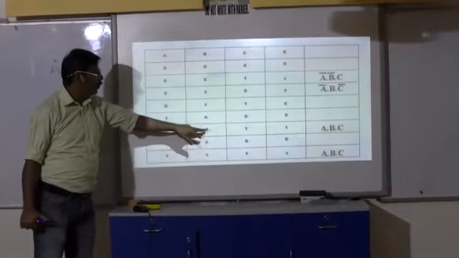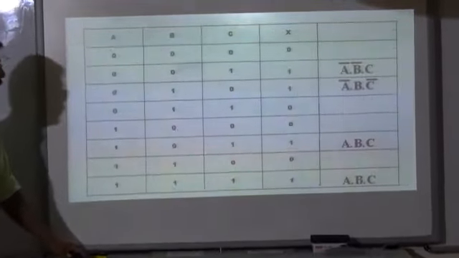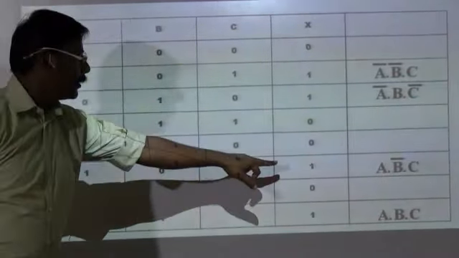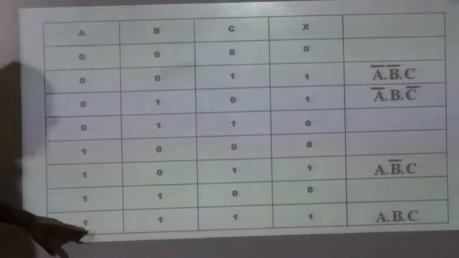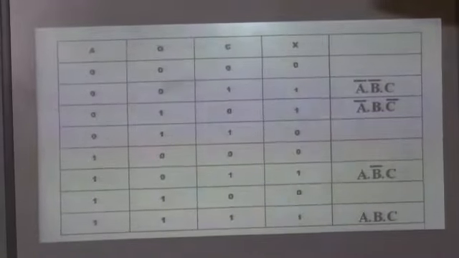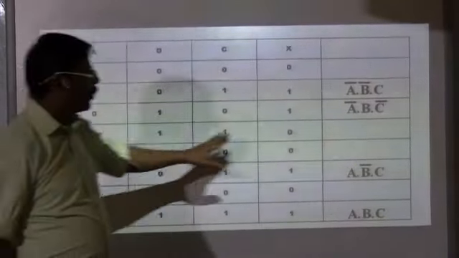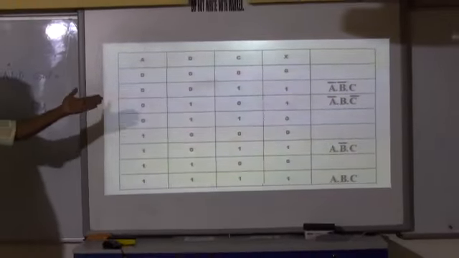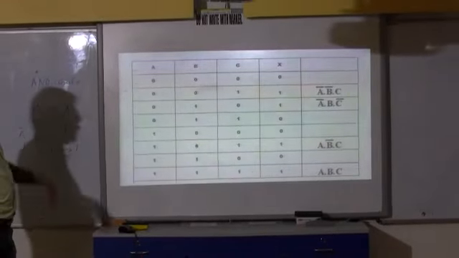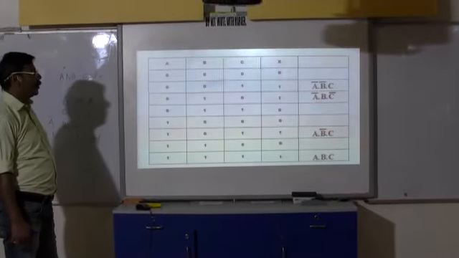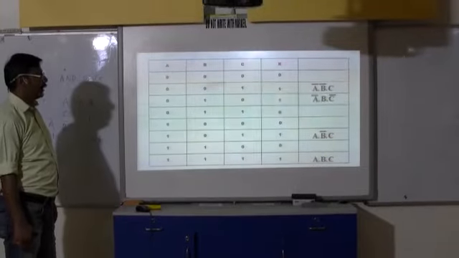Similarly, we go to this min term. Here we have 1, 0, 1. That means B needs to be complemented. So A, B complement, C is 1. Now the last term, 1, 1, 1. A is 1, B is 1, C is 1. All are 1, so there is no need to complement. So this remains as A, B, C. So now we have the min terms for this output. Wherever we have 1, these are the min terms in the form of the input variables. So A complement B complement C, A complement B C complement, A B complement C, A B C.